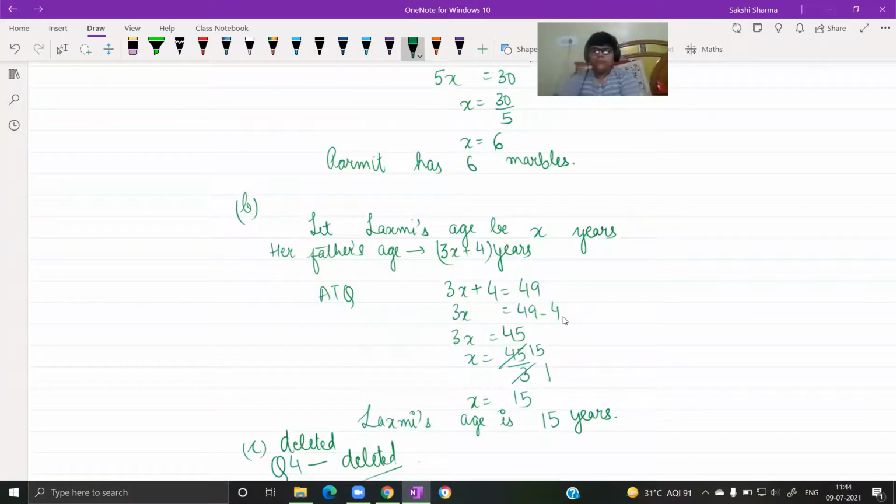This last exercise was very easy. Because now you know how to convert the statement into equation and you know how to solve the equation. So that's why it was very easy. In higher classes, usually we deal with real life problems. आपके पास real life problems होंगी, उसको आपको equation में convert करना है, फिर उसको solve करना है. All right. So that completes your chapter number 4. The next chapter that we are going to do is chapter number 15.